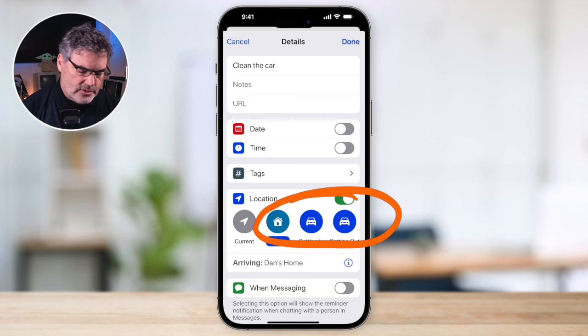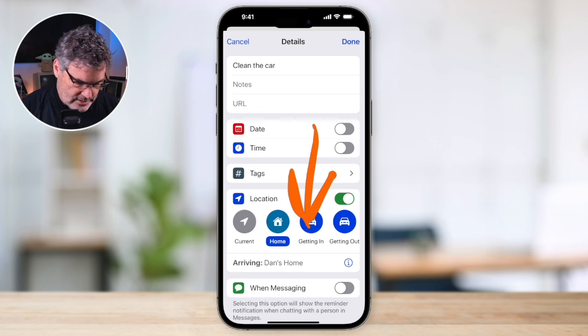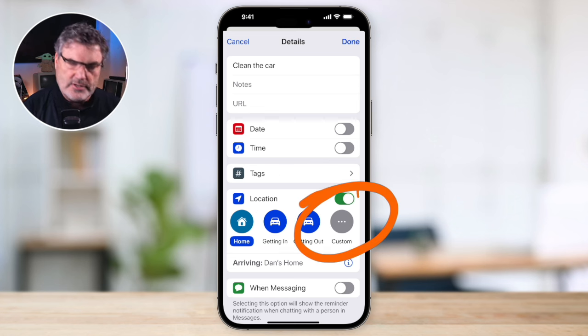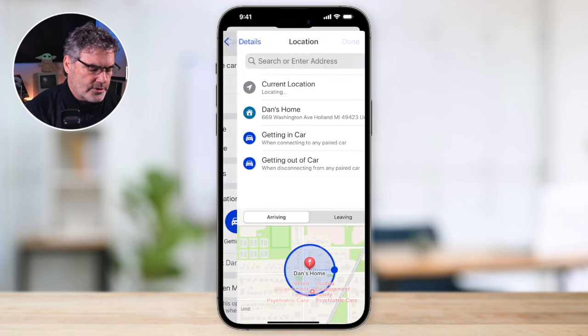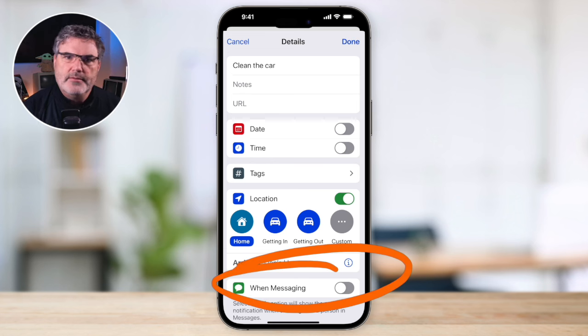So let's say I wanted to wash my car, and I want it to remind me when I get in my car. So then it notifies me to go to the car wash. So all I would have to do is just tap on Get In. But in addition to that, if we slide this over to the left, I can also set a custom location. So if I'm driving by the car wash,